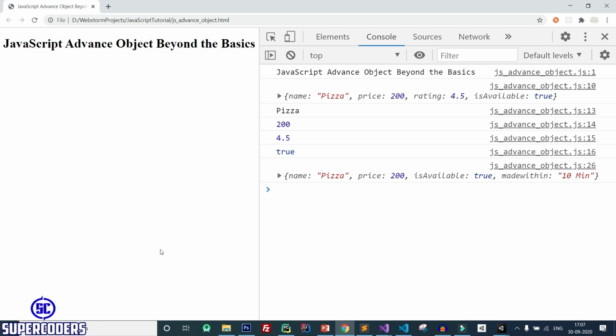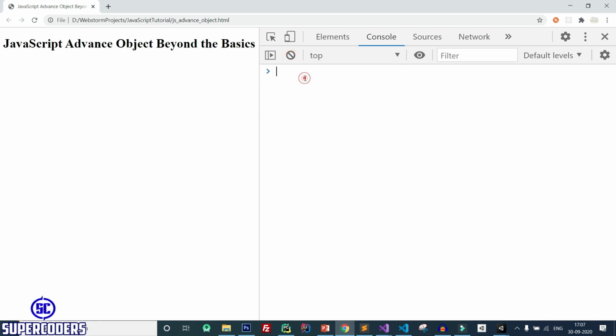Now let's create an object with a function. First clear the console and let's create an object with a function. Again in the same way, create an object of food like this, and here I want to add a function. So simply add a comma and create a function.